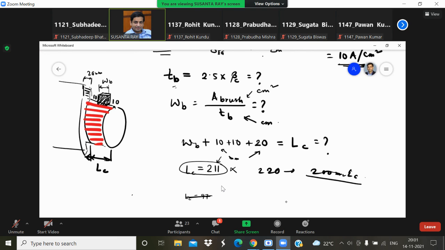But actually the interpole design is very easy. Just the way you have calculated the poles, only the ampere turns you have to calculate it per pole. So in this way you can design the interpole. If you consult the book, then it will be a little tough. It is very simple if you have understood where the interpole is used.